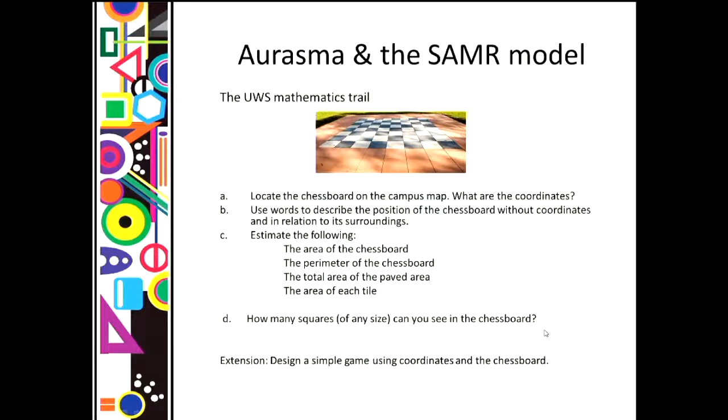So what I thought about this maths trail and Aurasma was that if I could actually attach something to those photographs, the students could then, when they've done the maths trail, go back into the classroom and continue their work and do some extension work. So this is my idea, and I haven't done it yet, but I will, because it's in there and it can't get out